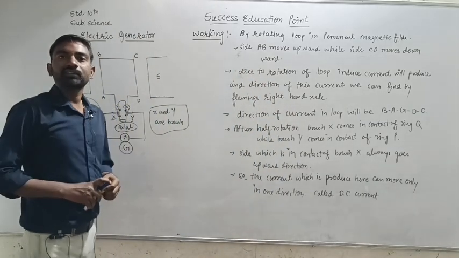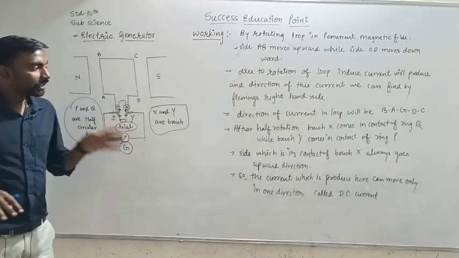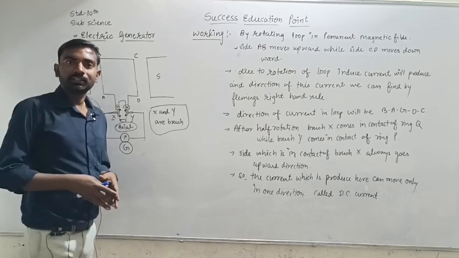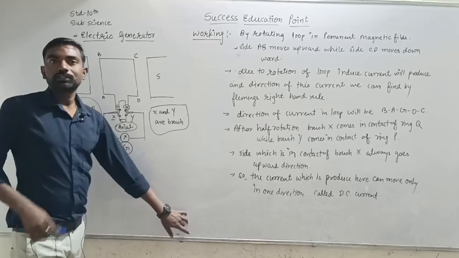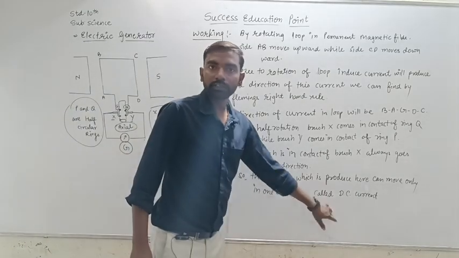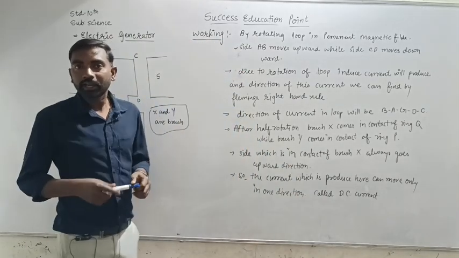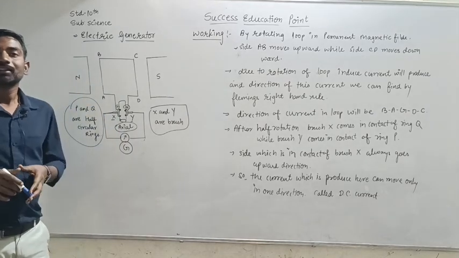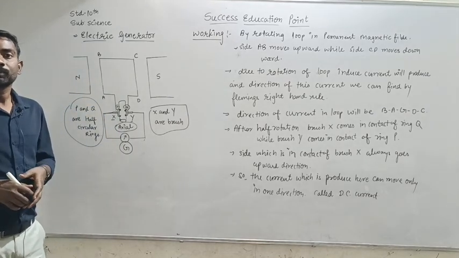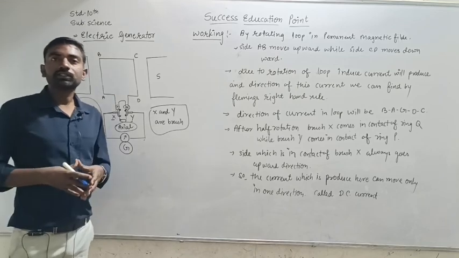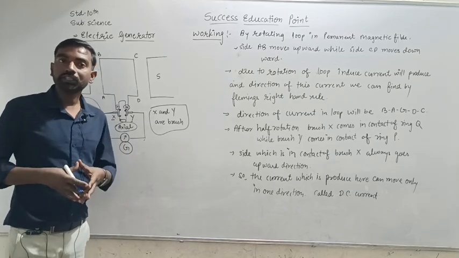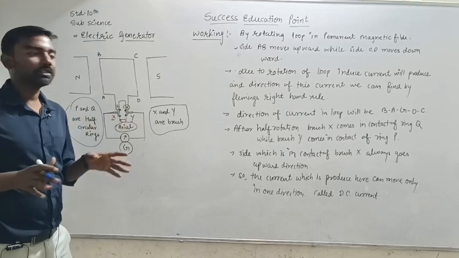In the upcoming videos I will inform you about what is DC current and what is AC current. But this is called the DC generator, because it produces DC current. But students may be confused if there is a question like: explain the AC generator, and in the textbook students mostly understand that this is the DC generator. So how to know about the AC? This is the simplest one.